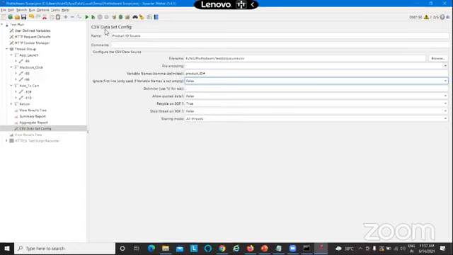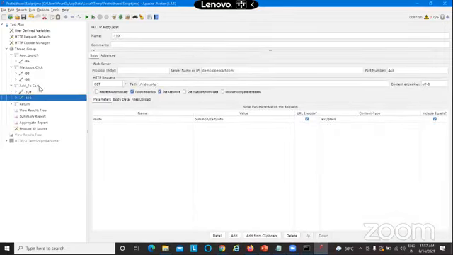Okay. So now you have configured the CSV. You told JMeter that there is a CSV file, and from the CSV file I want to take the data and use it as a variable. So now we have given the test data source, and we have given the variable name. Now you have to replace this variable to the product ID wherever it is referring to.